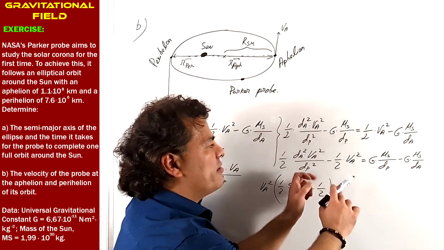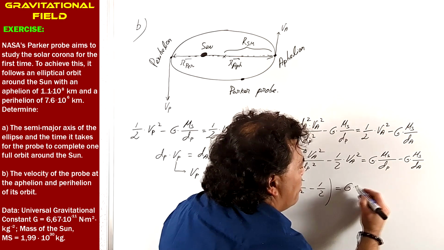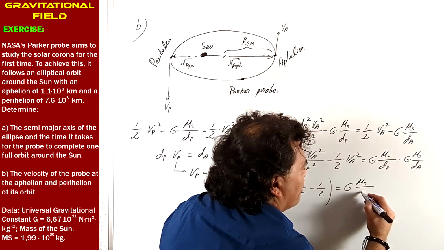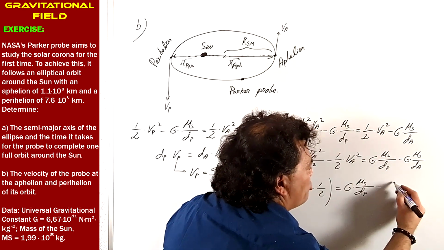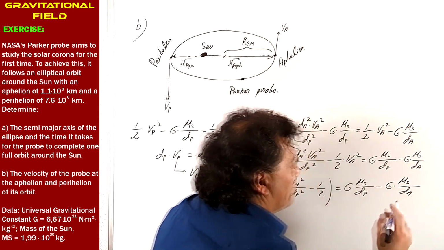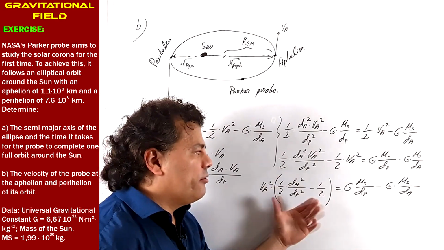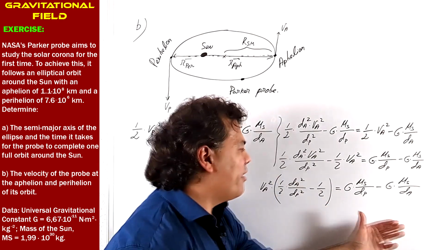Okay, we've just taken it out. At the right side, G, mass of the Sun, distance to the perihelion, minus G, mass of the Sun, distance to the aphelion. And now it's time to send this term to divide to the right side, and we are obtaining